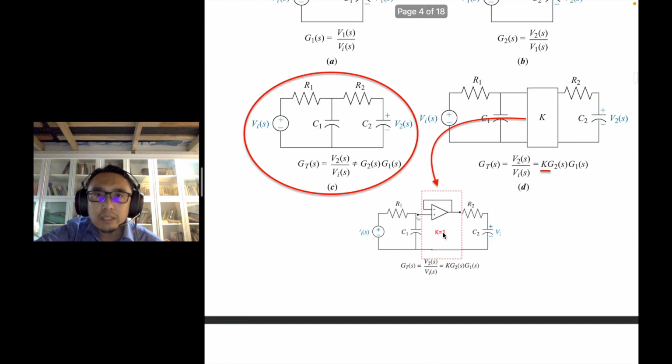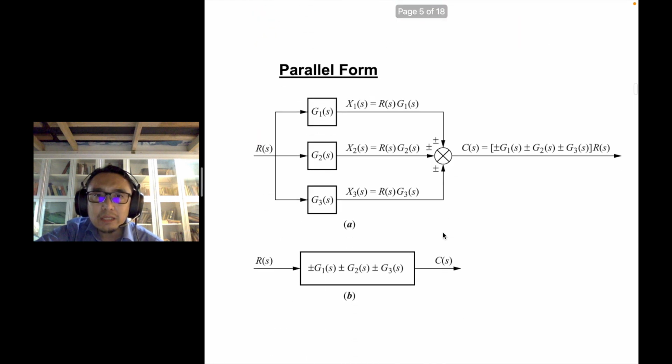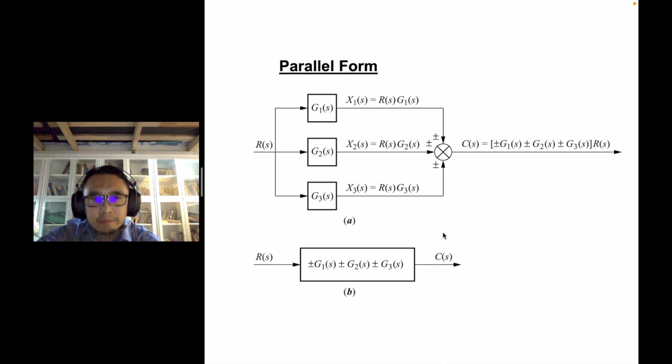Okay, that's the cascade form. Next is the parallel form. In the parallel form, we have a signal R going through 3 different block diagrams, as an example in this case. You have X1, X2, and X3, so RG1, RG2, RG3. All of the signals are fed into a summing junction,